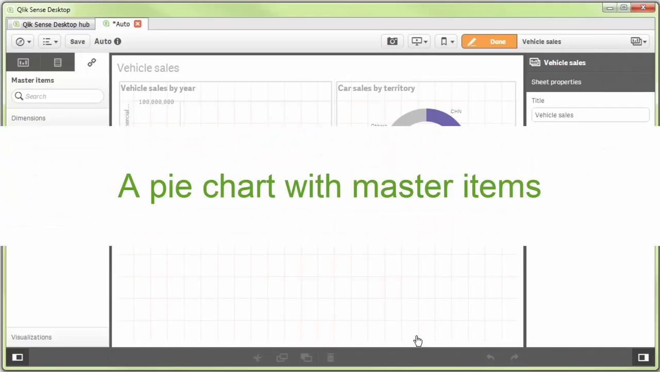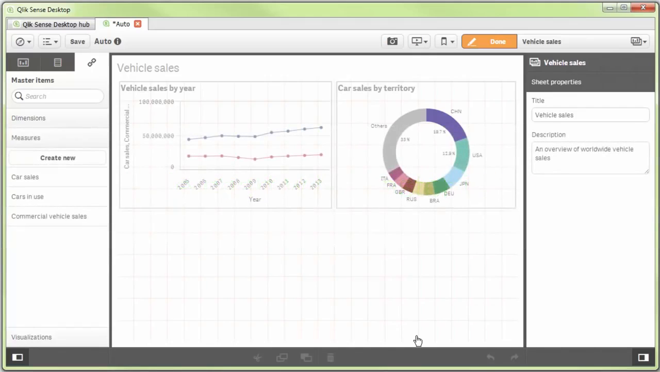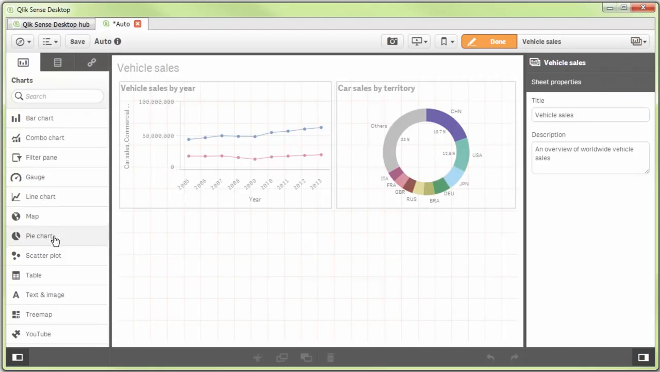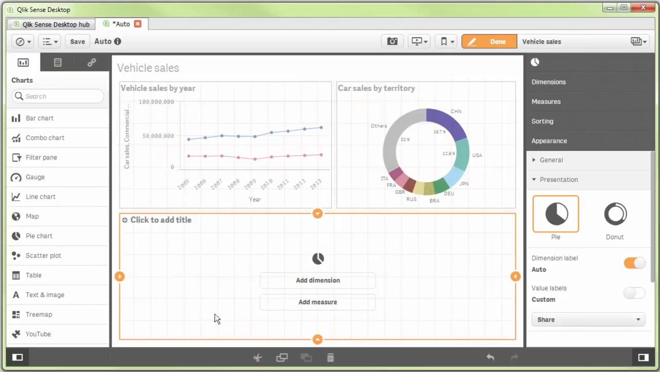A pie chart with master items. We'll now use the master items to illustrate how they can speed up the chart creation process. We'll create another pie chart, but this time we'll look at commercial vehicle sales by territory. Reposition your existing pie chart so it takes up the top right-hand corner of the sheet. On the Assets pane, select Charts and drag and drop the pie chart icon onto the bottom right of the